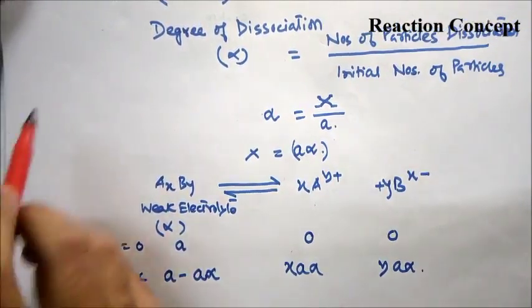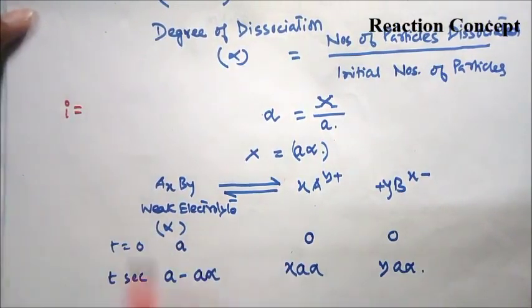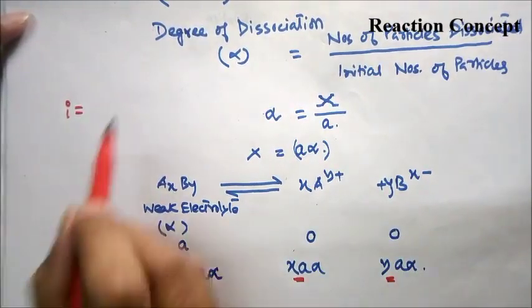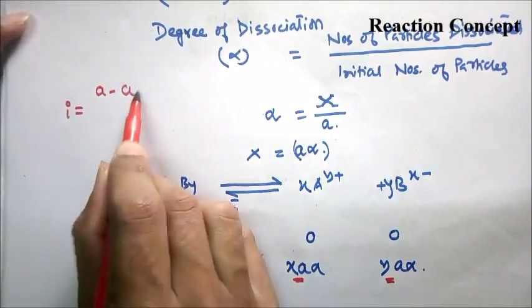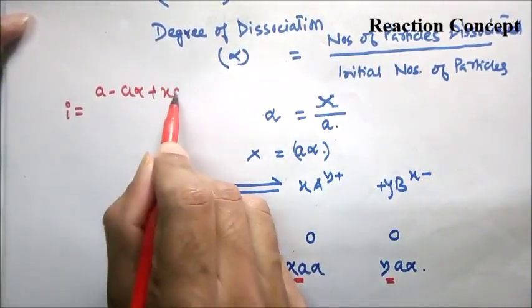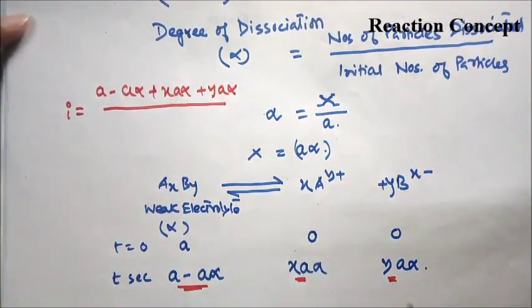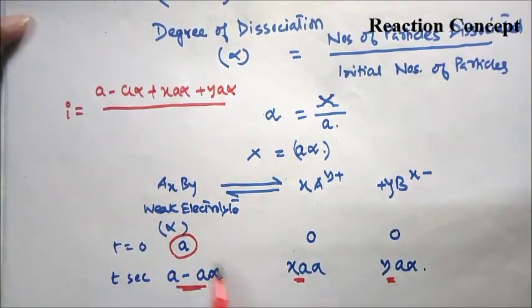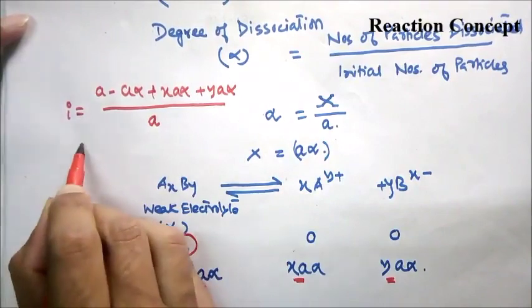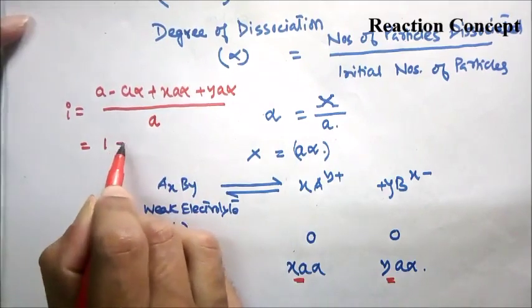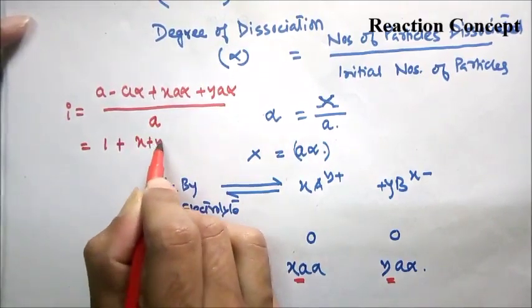In this case, the Vant Hoff factor I can be written as the total number of particles after dissociation in the solution. These are this number of particles, this number of particles, and this number of particles. We have to add all these terms. So it will be A minus A alpha plus X into A alpha plus Y into A alpha, divided by the initial number of particles. Initially what we have taken? Initially we have taken A number of particles, so it will be A. So if we simplify this one, then it will come out as 1 plus X plus Y